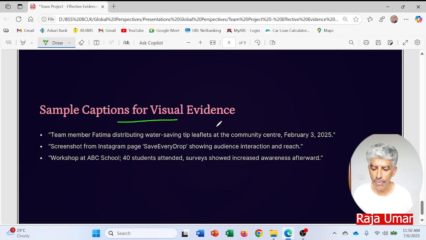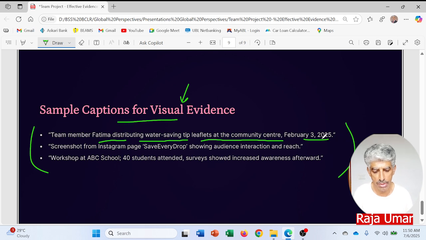Sample captions for visual evidence. These are certain captions you can give for the visual evidence, like: Team member Fatima distributing water saving tip leaflets at the community center, February 3rd, 2025. Screenshot from Instagram page, Save Every Drop, showing evidence, interaction, and reach.